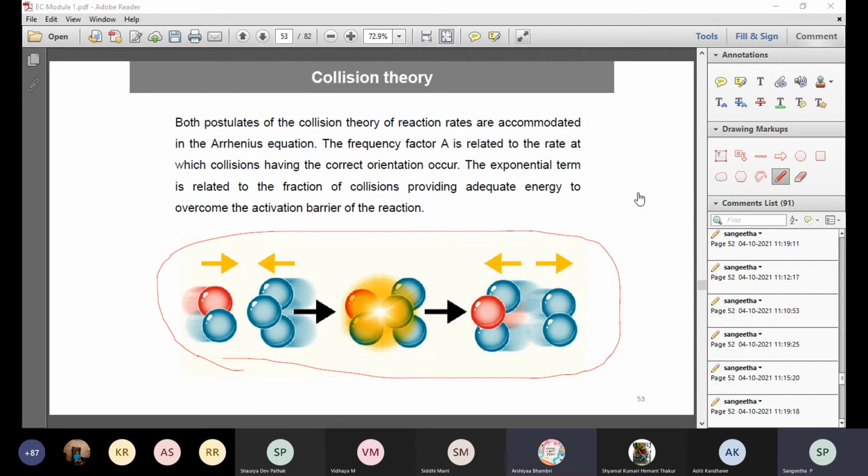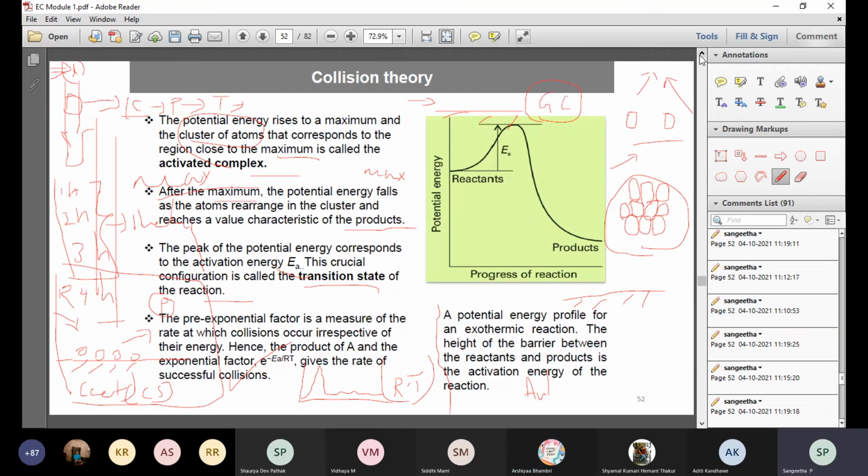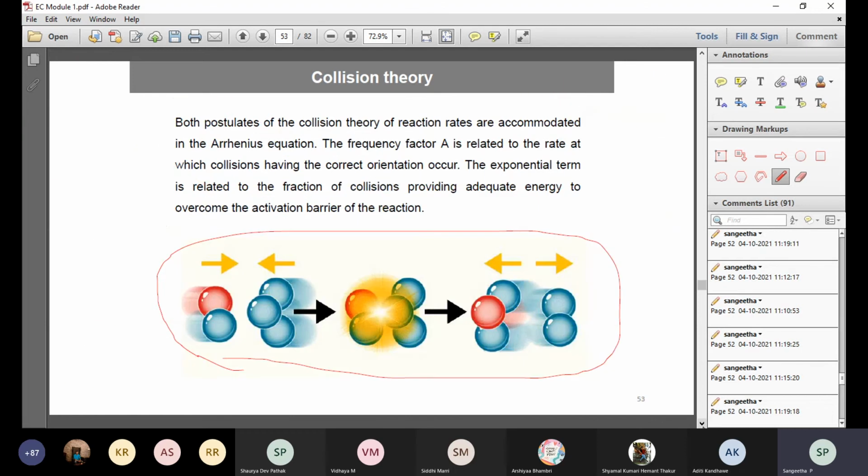Ma'am, the line you just read, does it mean that the Arrhenius equation applies to only those reactions which are possible? It says that the correct orientation should occur, so does that mean that only if the orientation and everything is correct, we can apply the Arrhenius equation? No, I don't get what you're trying to say. But anyway, this is with respect to the postulates and conditions we have just told you earlier. So based on that only, we will go on with it. I'm not clear with what you're saying. You can just post it to me.